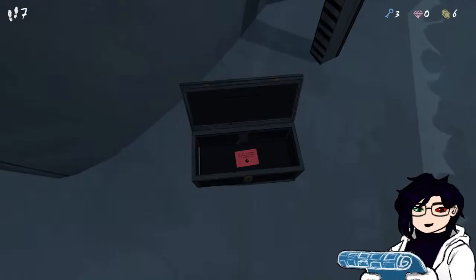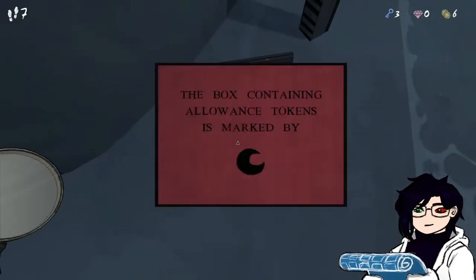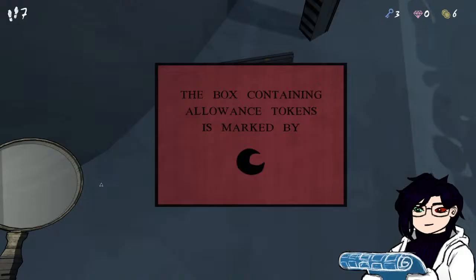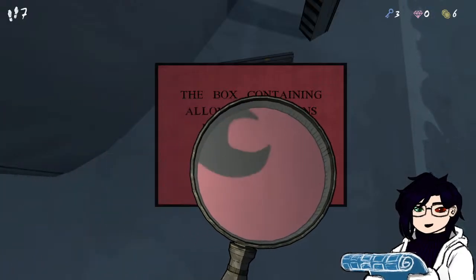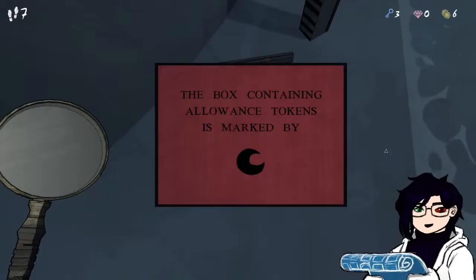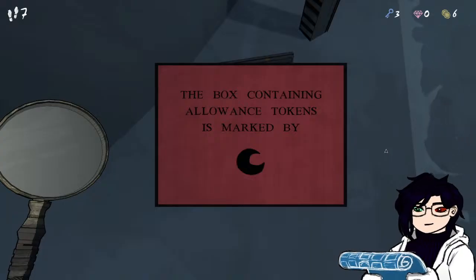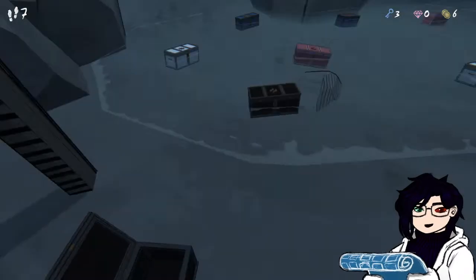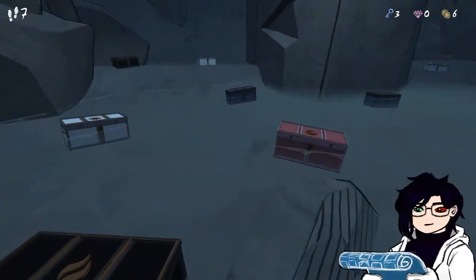Oh great, it's a lie. Okay, so. This is gonna be fun. Yep. I dreamed of the blueprints and escaping through the roof. Yes. There are many rooms that go up. Okay, so